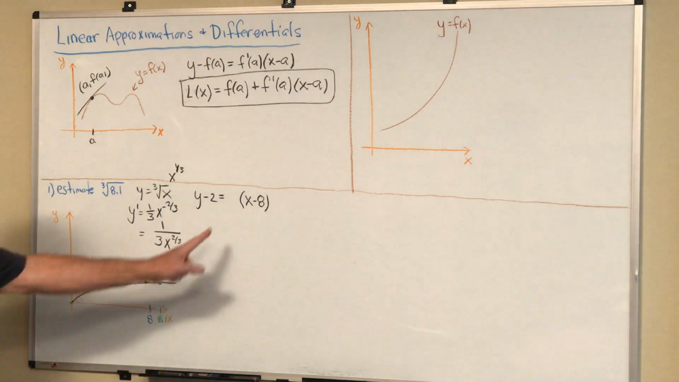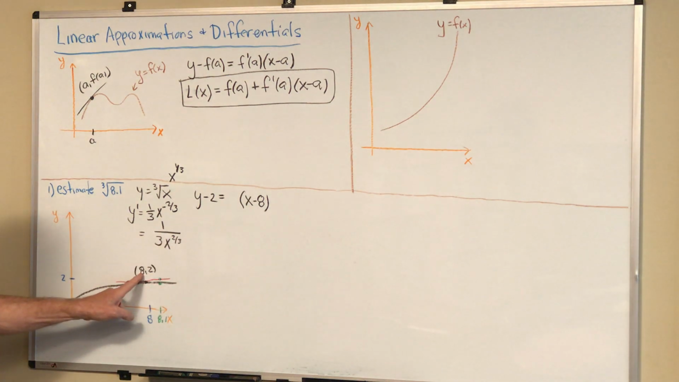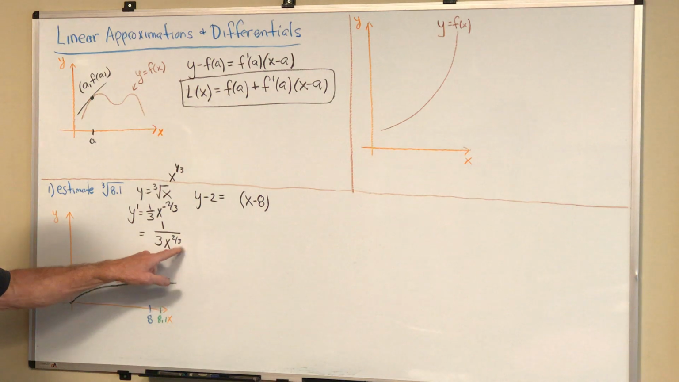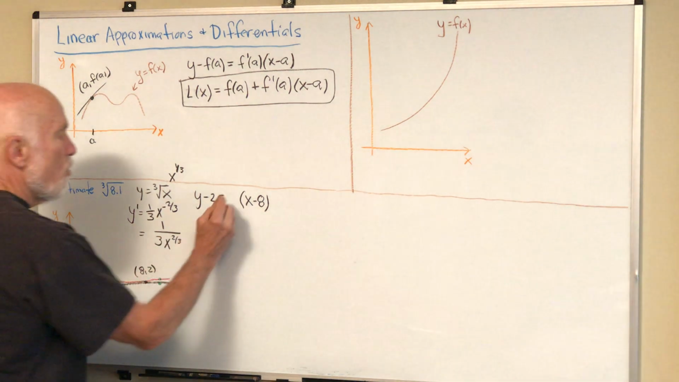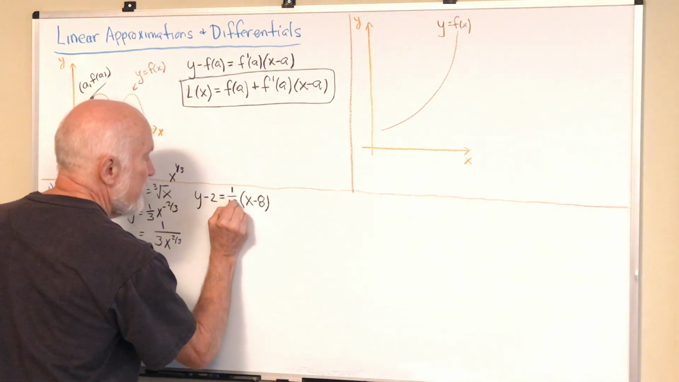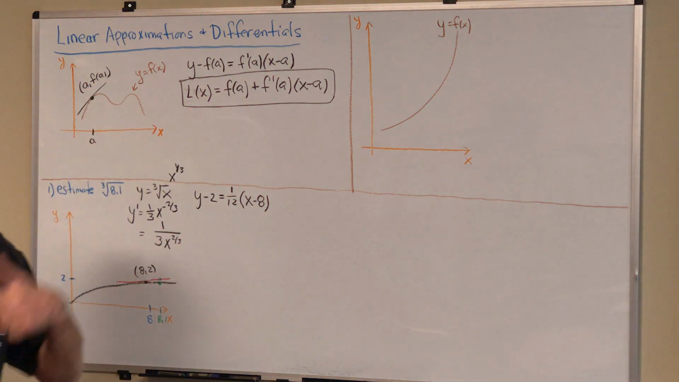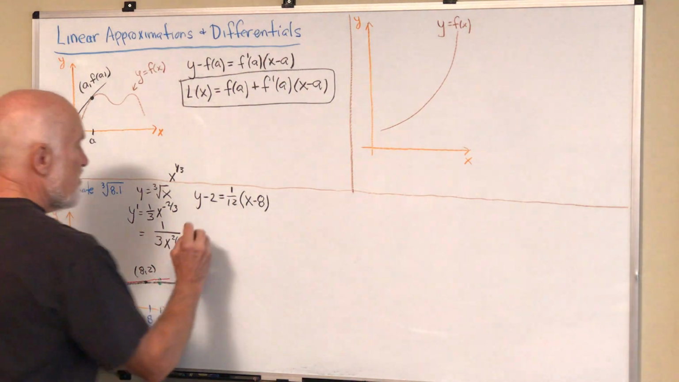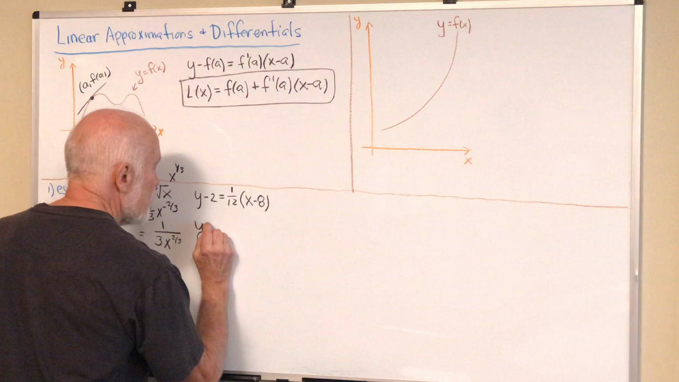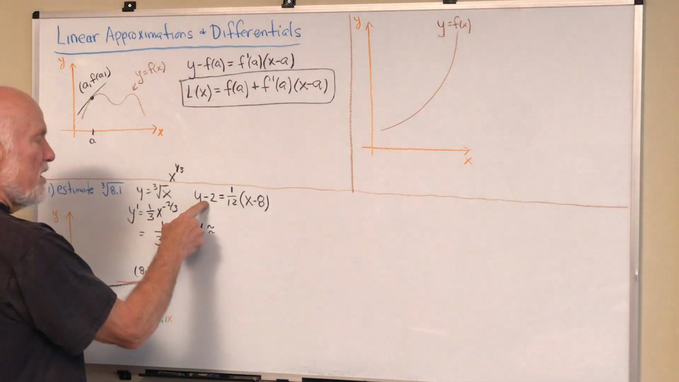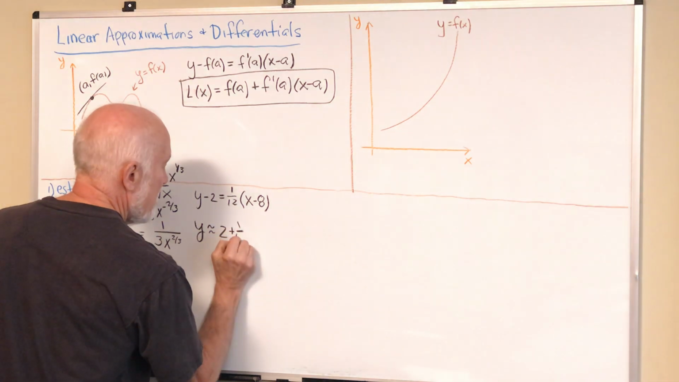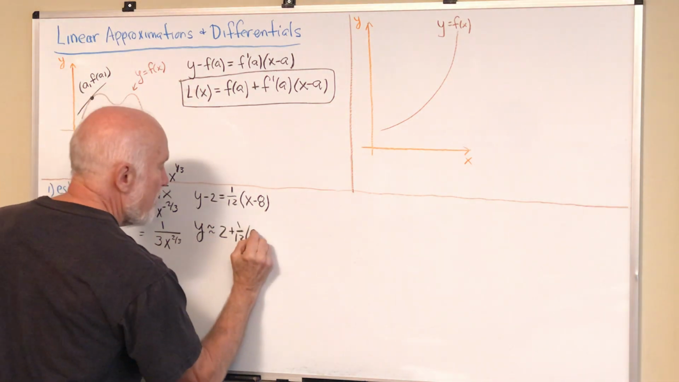And now we can plug in x equals 8. Well, 8 to the 2/3 power, the cube root of 8 squared is 4. So this just comes out to be 1/12. So we've got a tangent line, a linear approximation. And now all we have to do, we can say that our y value is approximately equal to, we just move the 2 to the other side, and we plug in 8.1